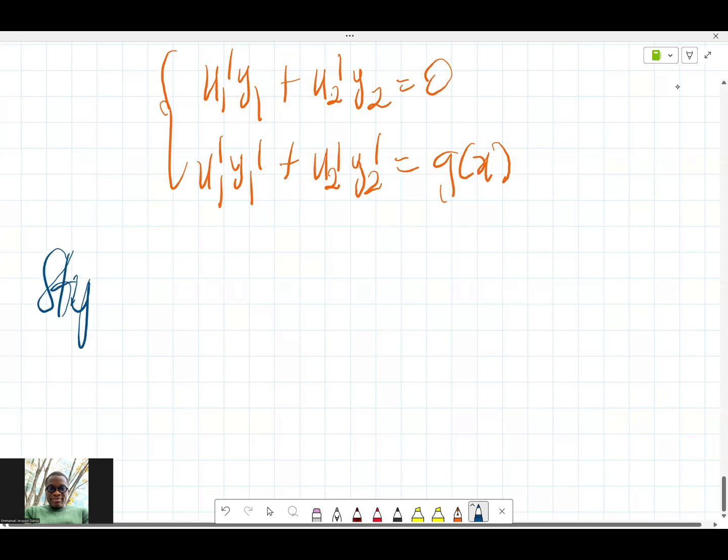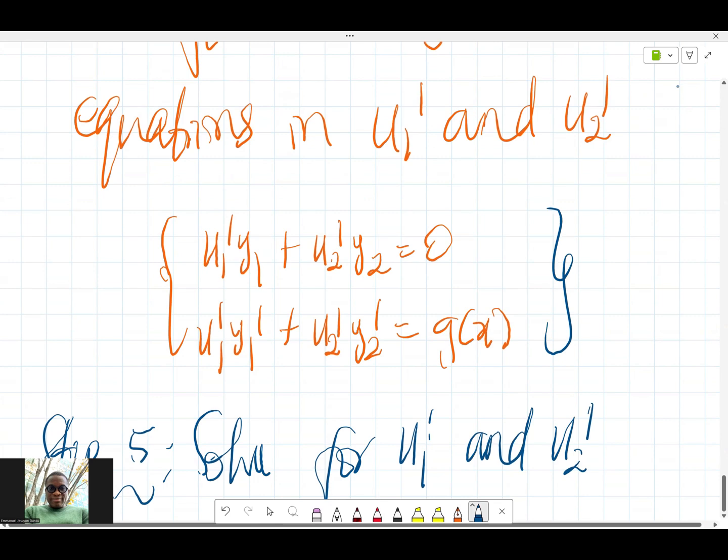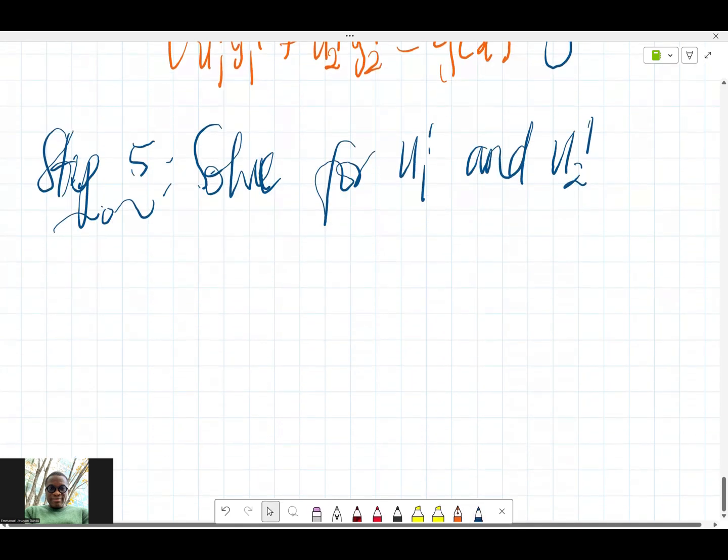So in step 5 now, we have to solve for u1 prime and u2 prime from this system of equations. It's a simultaneous equation we can solve for sure. And when we do that solving,